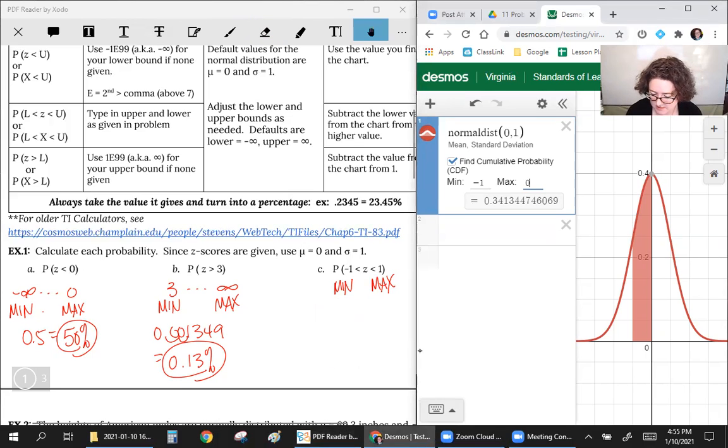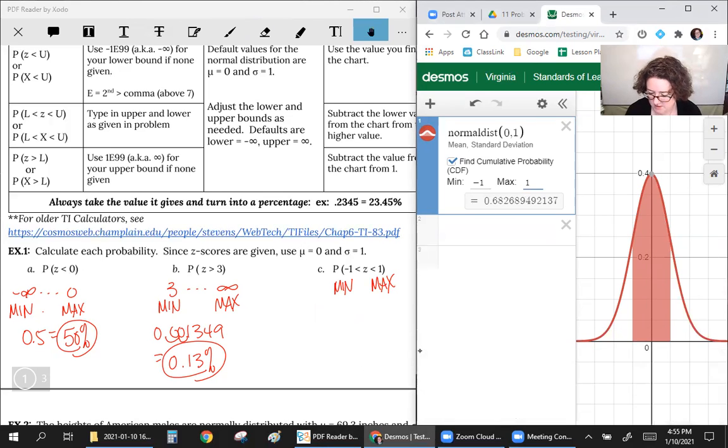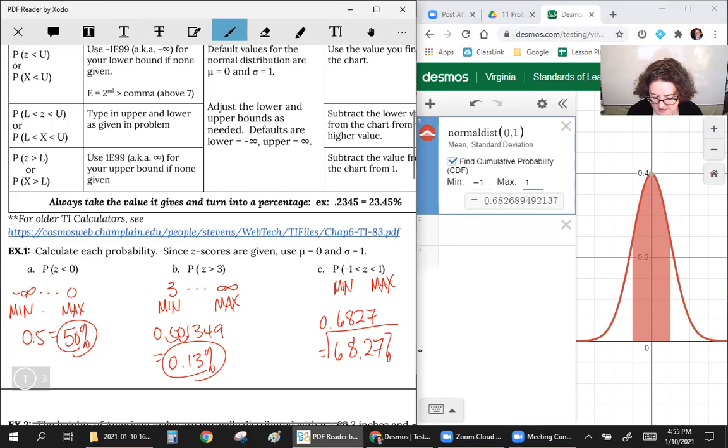So let's update that. Open the keyboard back up. That should be +1. So again, left 1 standard deviation, right 1 standard deviation. It's just that central area. It's giving us a decimal of 0.6827. Because if I round up with my percentage, and again, you'll notice this is a little different than the values that we used before